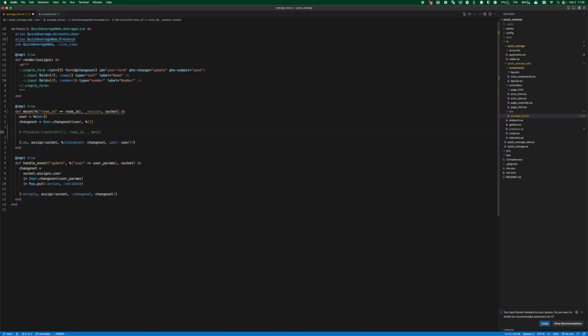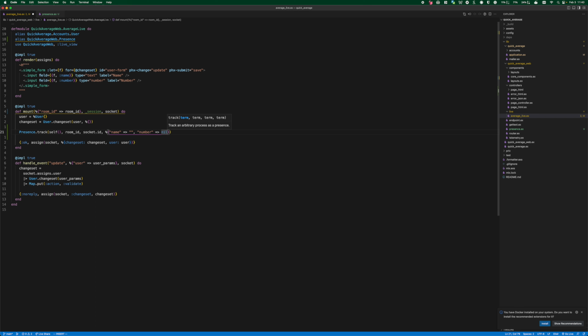And the socket should have an ID that we can use as a key. It needs to be unique for each user, and that's going to be just fine. Socket.id. Yep, that should do. And then the meta is what do we pass? Now this is the mount function, so it's when the page first loads. So that can be name, when the page first loads, the name will be empty. And number,